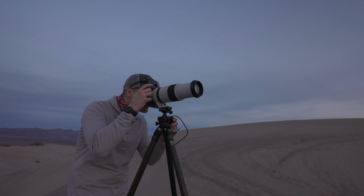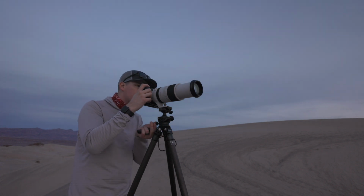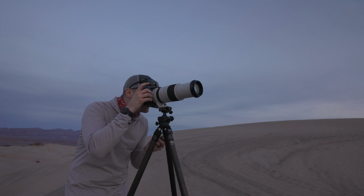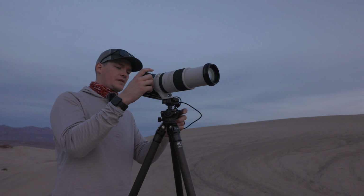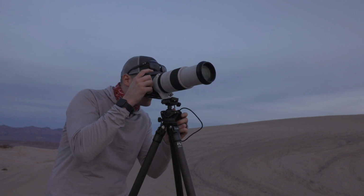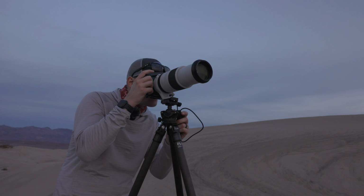So always a challenge out here, there's no doubt. But even more challenging when you don't get clean dunes, man. But, you know, people come out, they explore, it's just part of the deal. The dunes are for everybody. I'm trying to find some just interesting layers. Those are to be found, but there's lots of